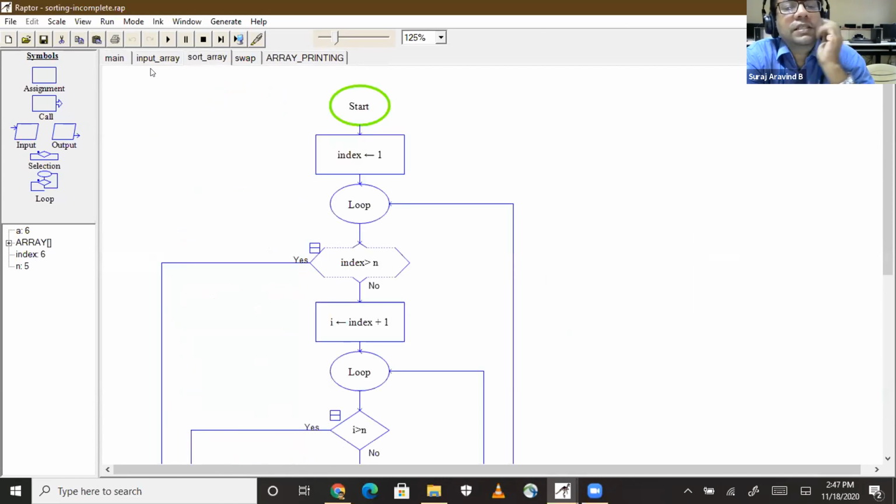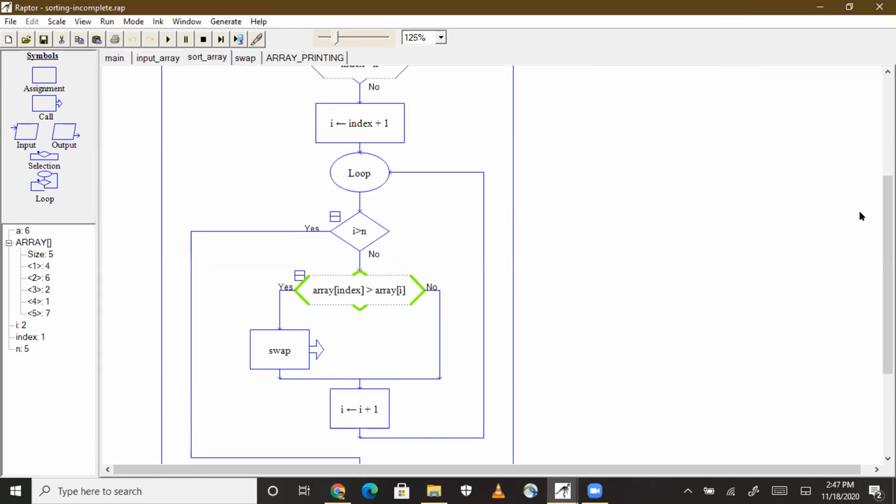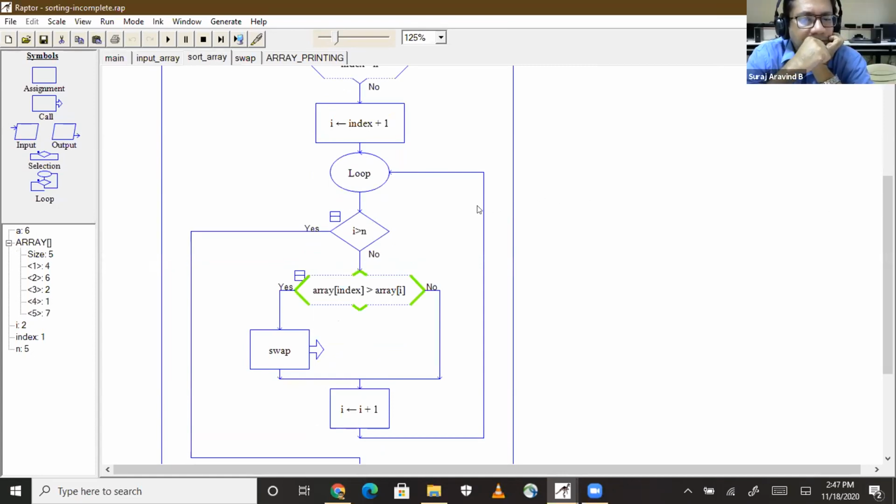Okay. Now, this will go step by step. Okay. On the left hand side, click on the array so that you can see. So 4, 6, 2, 1, 7 are the input numbers. Okay. We have gone to the loop. Incrementing. I'll go to the next step, sir. Okay. So those along with me, whoever is watching this screen, if you have any questions, you can ask.